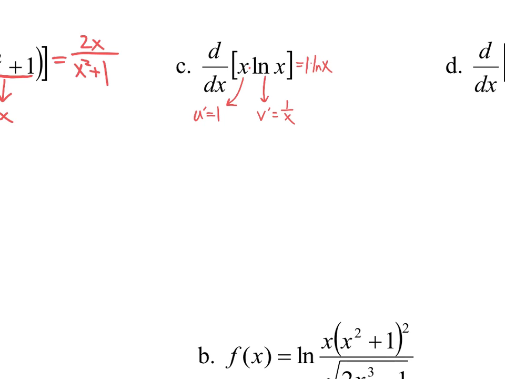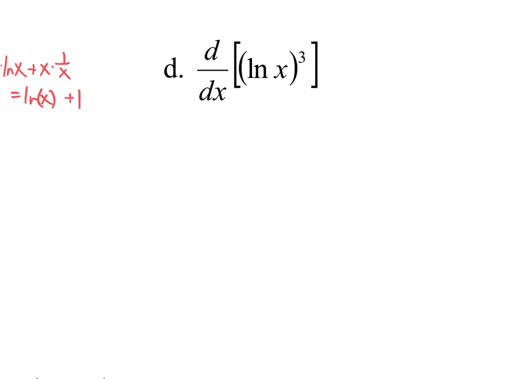The derivative of the first times the second plus the first one times the derivative of the second. So that would be ln of x plus 1. Make sure to note that only the x is inside the ln. Alright, so there's our derivative